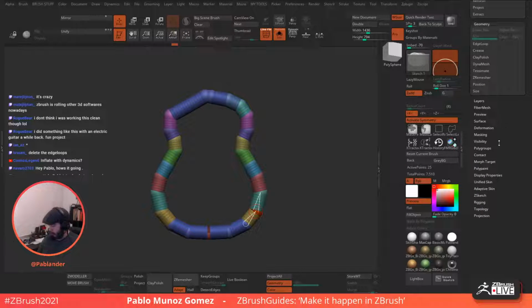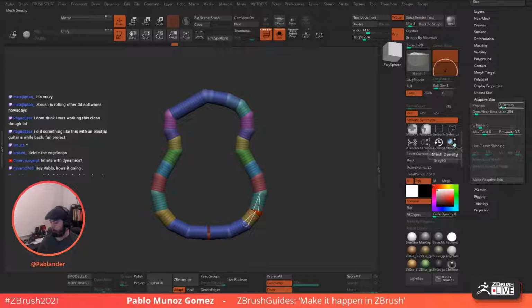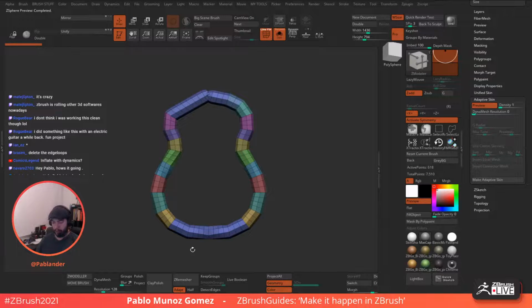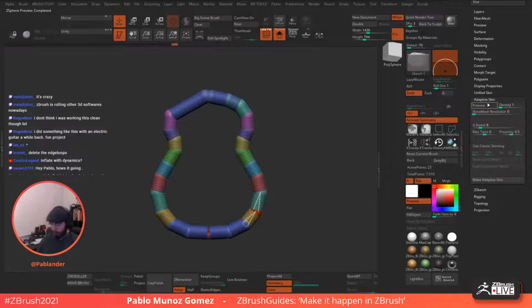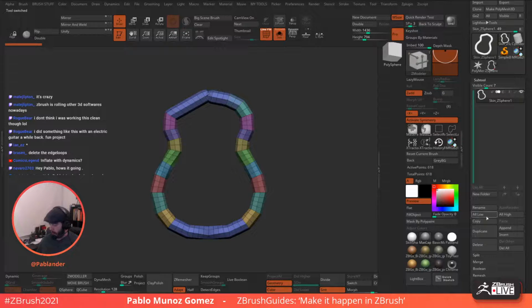Let's go to the adaptive skin, and I'm going to set the density to 1, and I don't want to have any dynamesh. Just want to set the dynamic resolution to 0, so that way ZBrush is going to use the normal subdivision approach, which I like. So if I preview that, it's going to be pretty clean in terms of topology. So let's go ahead and click on Make Adaptive Skin. So that creates a new tool. That one there. I'm going to copy that,